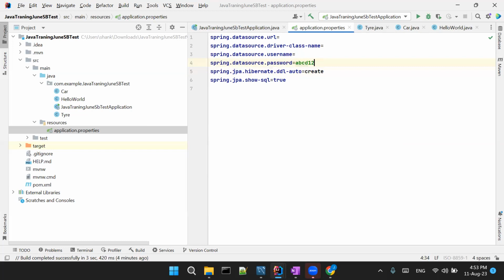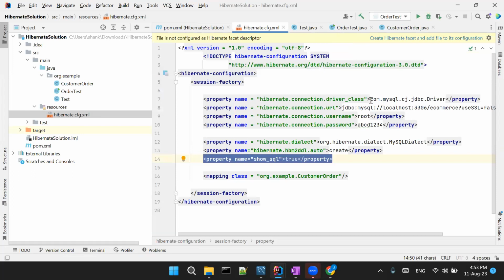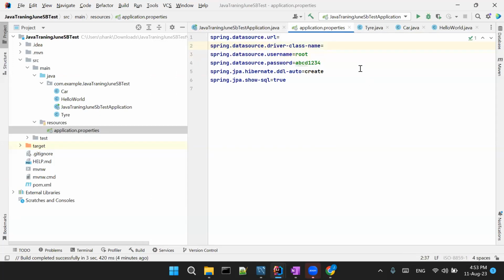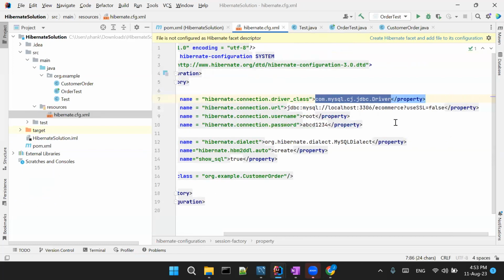The password is ABCD1234, and the username, I guess, is root. And the driver thing is com dot this thing. And the URL is